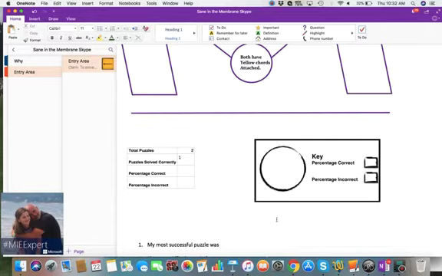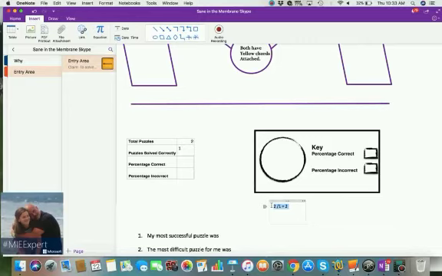A little neat thing I like about OneNote here, and since math is my least strong suit, so we'll go 1 divided by 2 equals 50%. There, I told you math was my weak link thing. Thankfully, they give me the equation thing. So anyway, now they know that obviously their percentage correct was 50, percentage incorrect was 50,